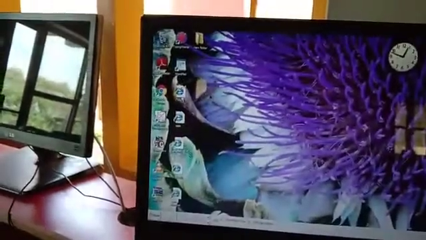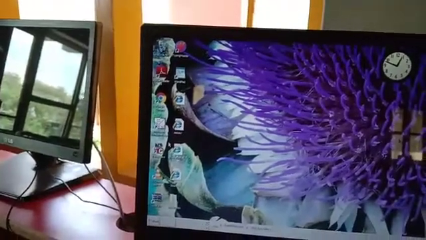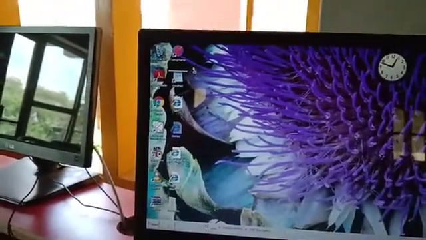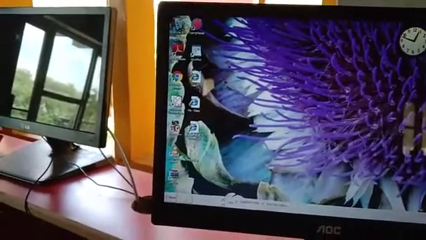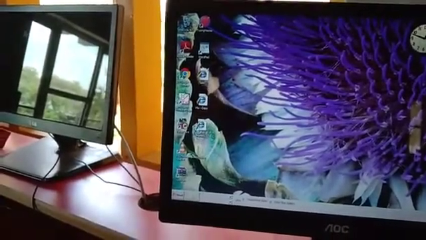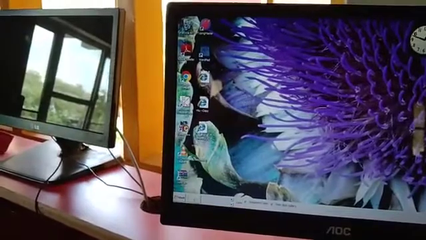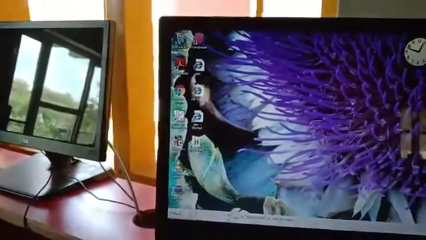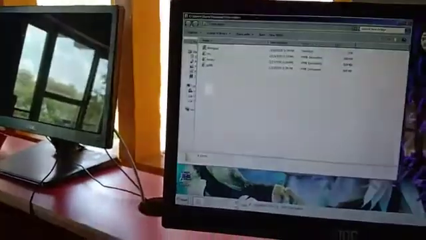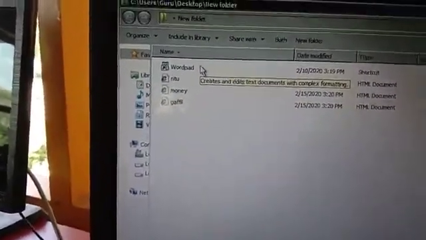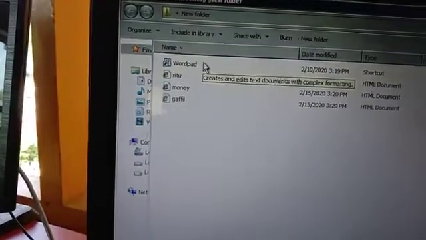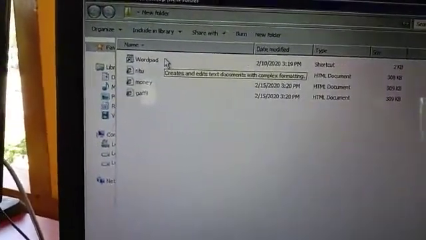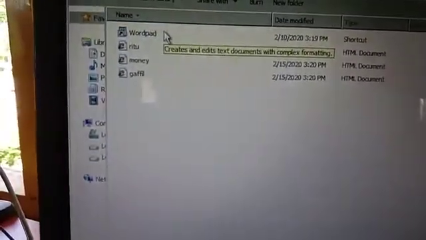Now Ritu, money and Wattpad. Now, children, open the new folder. First one is Wattpad, second one is Ritu, third one is money and fourth one is GAFIL. Clear, children? Four files are there in one folder.